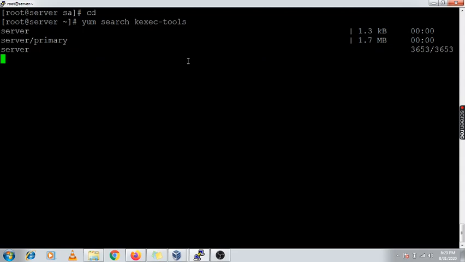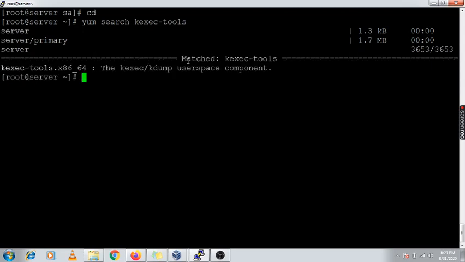Basically kdump reserves some memory. Whenever we configure kdump, it stores the reserved memory setting inside the grub.conf file.